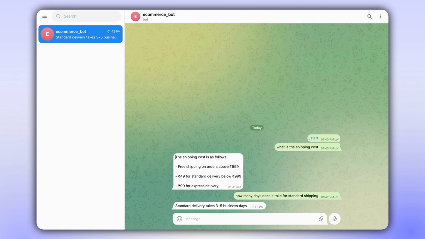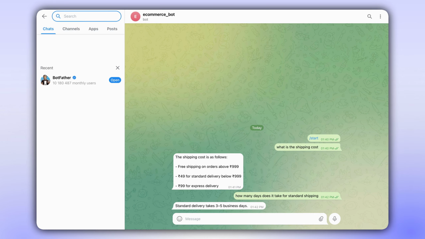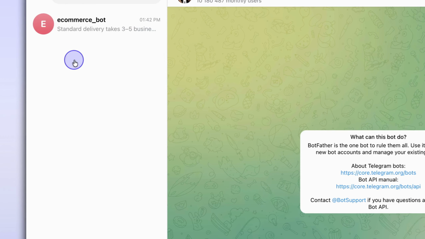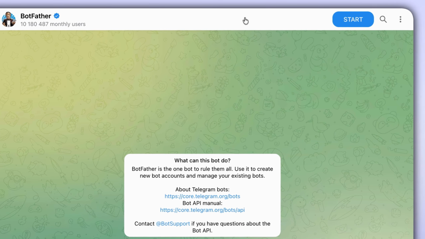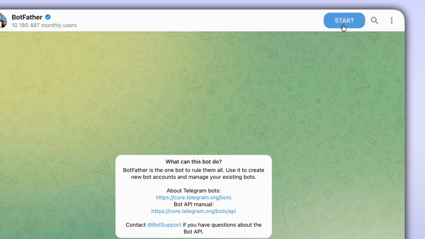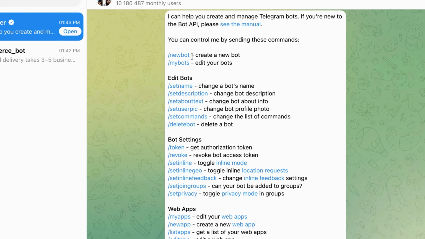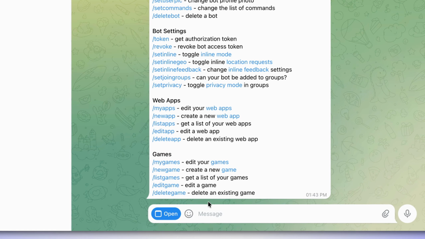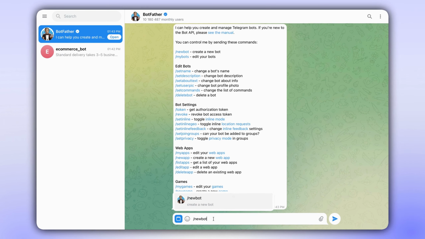To begin, we need a Kommunicate account, and we need to create a bot on Telegram. To create a bot on Telegram, we have to go to BotFather. You can search for BotFather, and you will find BotFather with a blue tick. This is BotFather, and it's by Telegram. Click on Start. Here, we will be given an option to create a new bot. There are other options, like mentioned in the description, but this is the one we are going to use for